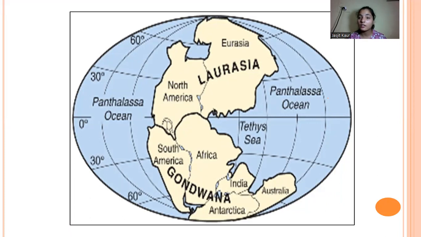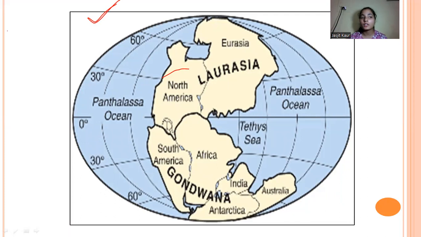Yes, all the continents are being connected with each other. Yes, very good. They have been connected with each other. And what happens towards the end? First they are connected, then what has happened? Yes, they are separated from each other. So what do you think? Why is there a separation between these continents? What are the reasons for this separation? We see the continents are connected with each other like this. Then why is there a separation of these continents?